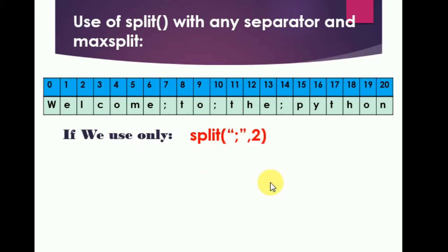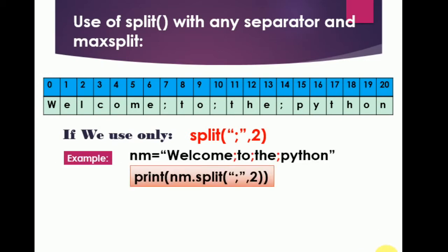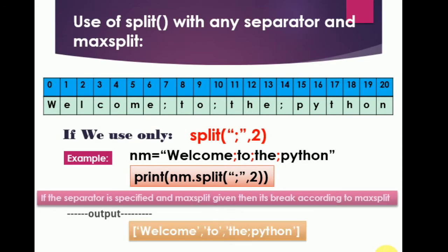So when we execute this, I'm going to show you an example. It is going to be like this. It will give you the answer like this: first block, second and third. The "the" and "Python" are going to be in a single block. That means welcome and 2 are split because of splits 1 and 2, and the third and fourth remain as they are. I'm going to show you practically also how it is going to work.